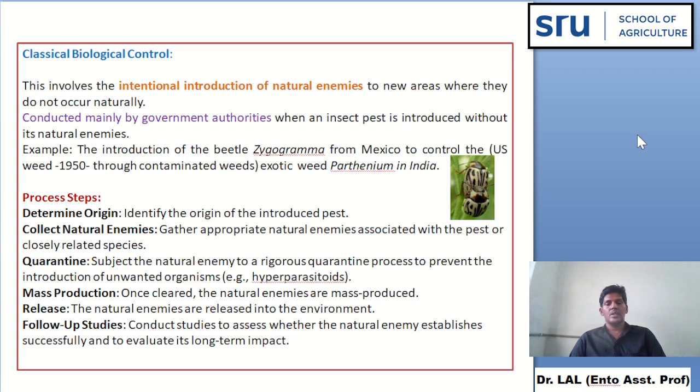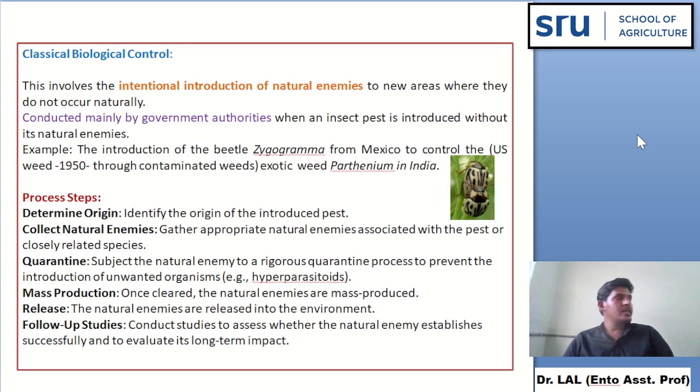Here, pest origin is identified, that is, from where the pest was introduced to the new location. Next, collecting natural enemies. From where that insect pest was introduced, from there natural enemies were collected,